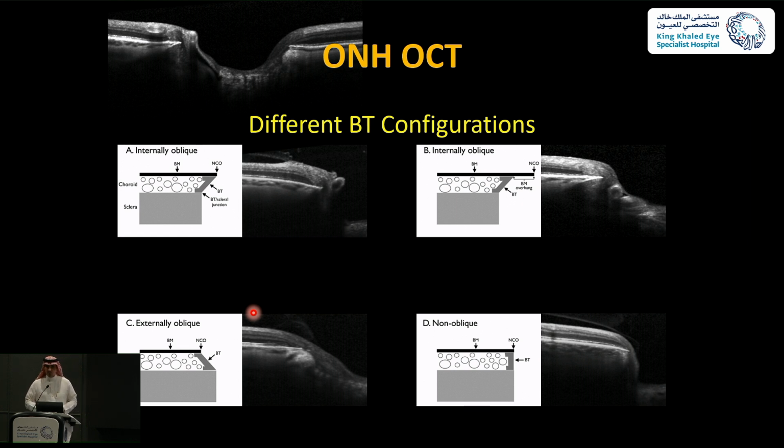So what type of Bruch's or border tissue configuration are we having here? We have an internal oblique border tissue, and you can see that the Bruch's membrane is overhanging here to some extent. Another internal oblique Bruch's membrane, and we have significant Bruch's membrane extension here. We have an external oblique border tissue, and we have non-oblique border tissue. The awareness of having different types of Bruch's membrane configurations, and realizing that we have internal oblique border tissue with overhanging Bruch's membrane, actually tells us that sometimes we are over or underestimating